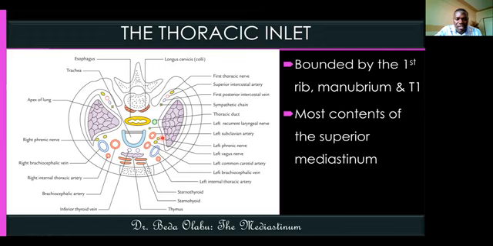There are a few structures that are in the superior mediastinum, but they don't go through the thoracic inlet because they're not in the neck. Like the arc of the aorta, it will not go through. So in as much as it is a content of the superior mediastinum, it's not a content of the thoracic inlet, but the branches of the arc of the aorta are within the